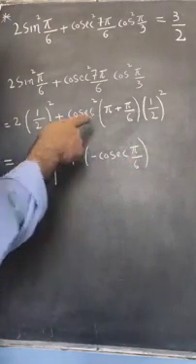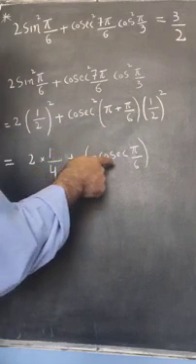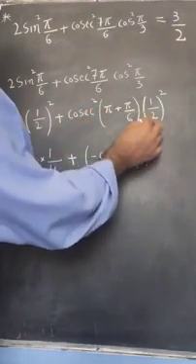As we know, cosecant of pi plus theta is minus cosecant of theta, but here we have square, so put square here,